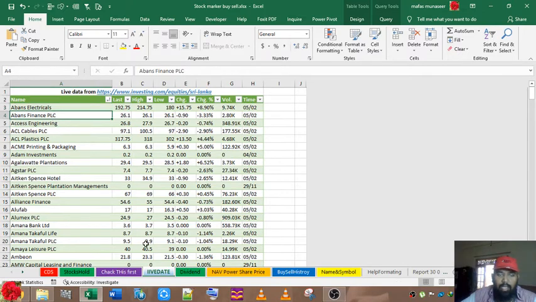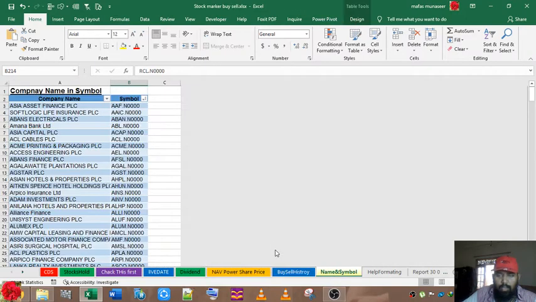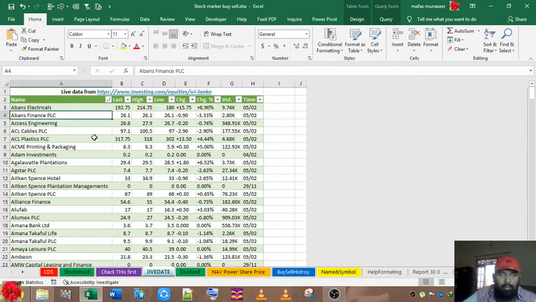Okay, this is the name, and where is it? This name and this name have to be the same, otherwise you are not going to get a correct result. VLOOKUP is not going to work. For that you always have to double check.